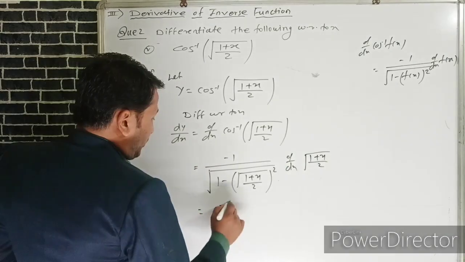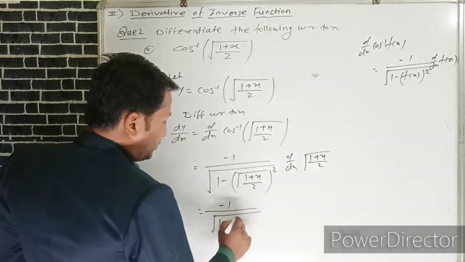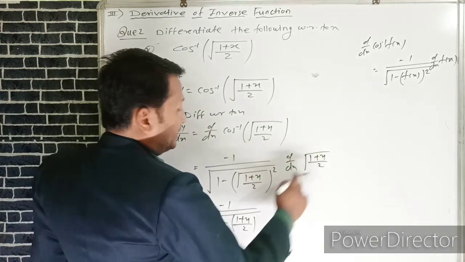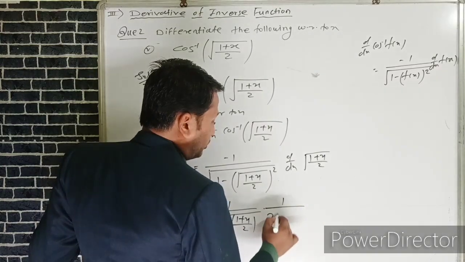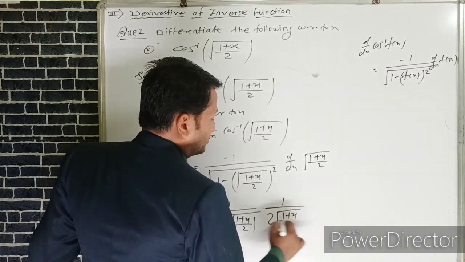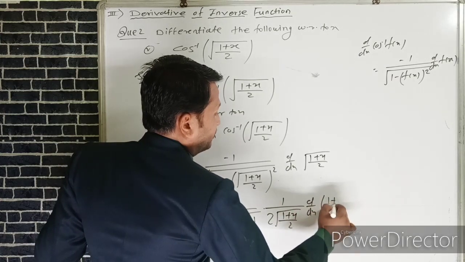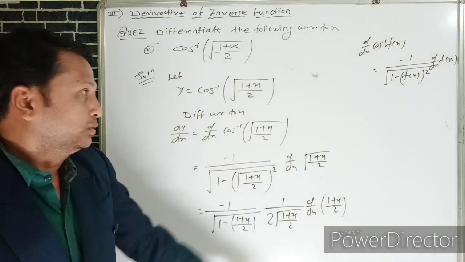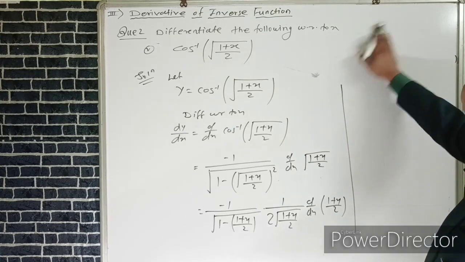Minus 1 upon under root of 1 minus, the square and square root cancel, (1 plus x) upon 2, and we can write the derivative of under root of (1 plus x) upon 2 as 1 upon 2 under root of (1 plus x) upon 2, and again a derivative of (1 plus x) upon 2. By using the chain rule we can apply here. Now we can write